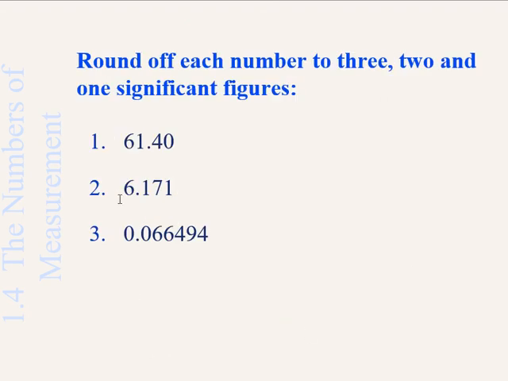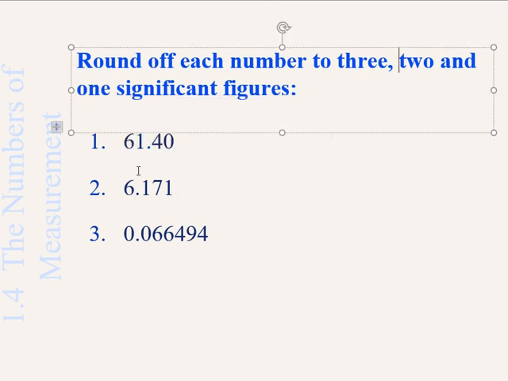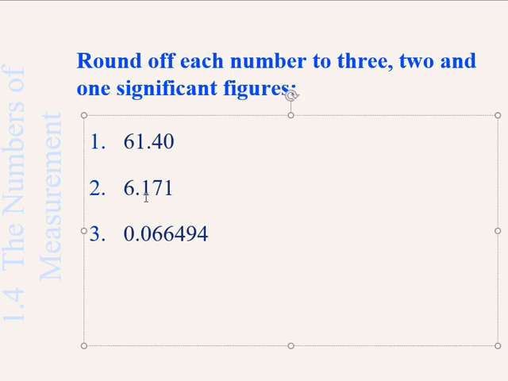Let's round these three numbers to 3, 2 and 1 significant figure. First we'll round all three of them to 3, then 2 and then 1. 61.40, if rounded to 3 sig figs, will be 61.4. 6.171, if this number is rounded to 3 sig figs, it becomes 6.17. The third one,